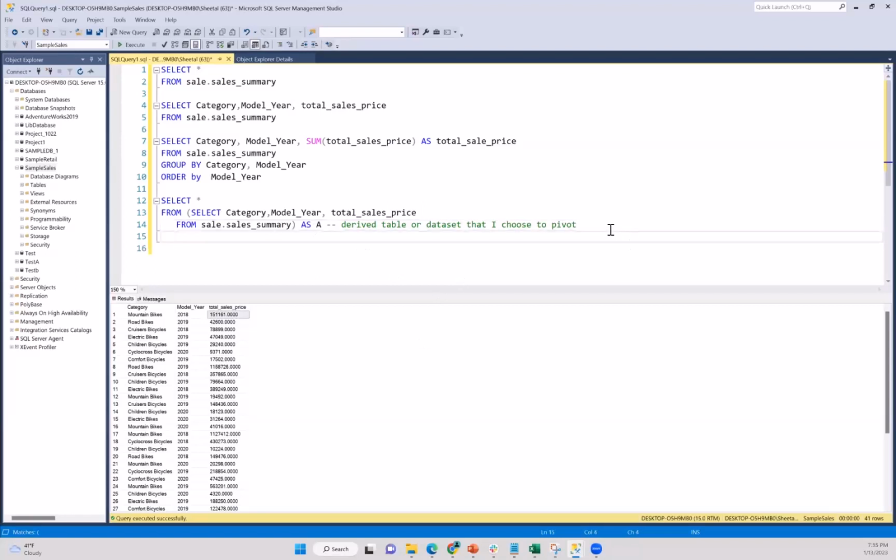Okay. All right. Now that I have decided this is going to be my data set that I pivot, I actually have to tell SQL Server pivot, right? I have to use that keyword pivot. So that's exactly what I did. Pivot, and then pivot what? I have to give it an aggregate function. So what's my aggregate function? I am trying to do a sum of total sale prices. So sum of total sale prices